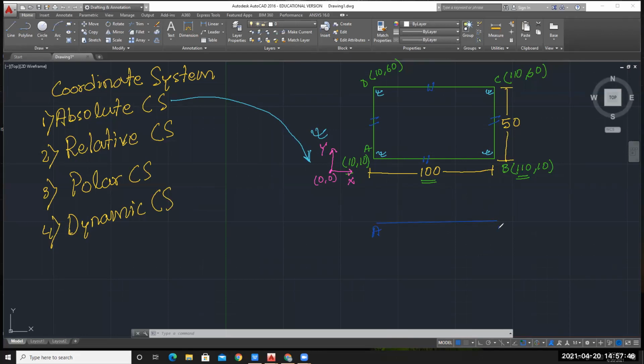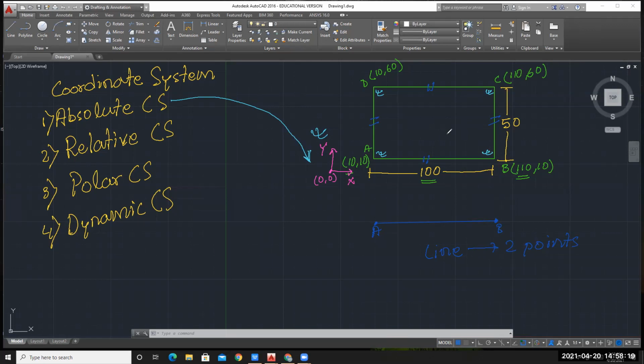So this line AB is made up of joining 2 points, point number A and point number B. So always remember, if you want to draw any line, you need at least 2 points. Once you have one line, by joining different line segments at different angles, you can draw different geometries.